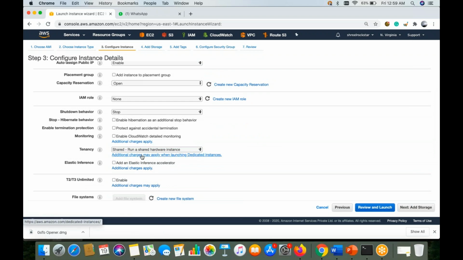That means if you use or enable this service, you have to pay some extra charges. For our lab practice, we can understand what exactly these are, but we don't have to create this. Why it is required: whenever we deal with real-time production customers, then we have to work with all these things. So I'm just telling you for understanding purposes, okay?